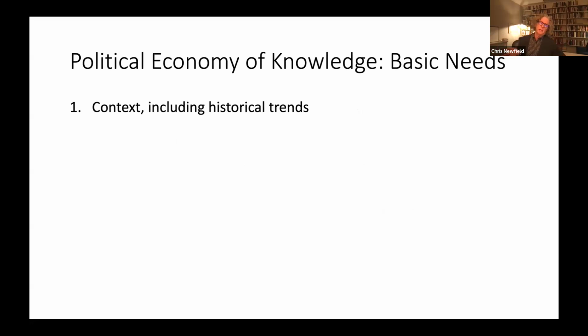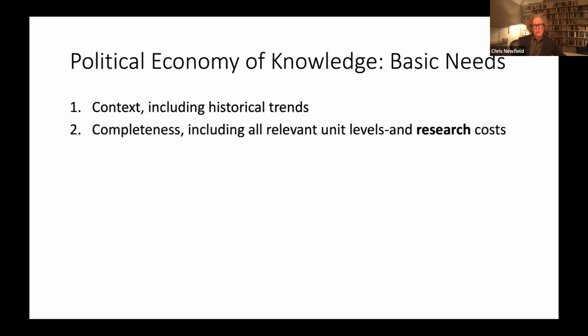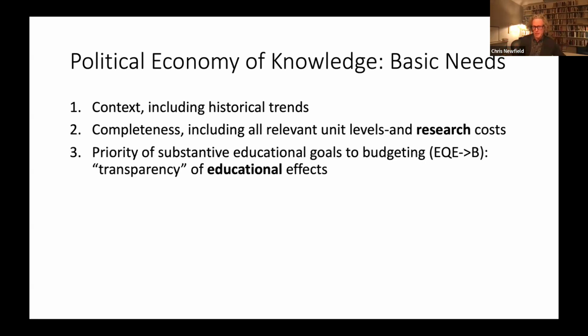Okay, the first element, there are 5 of them, is having proper context, which is almost always missing from these discussions, and particularly an understanding of historical trends. The second one is completeness, and that includes not just top-level stuff, but the relevant unit levels where people actually experience their educations and or lack thereof, given current restraints. It also involves understanding the funding of research costs, which is the topic that I'm going to end with. And then there are 3 others that I'm not going to talk about much, but I'm going to just list